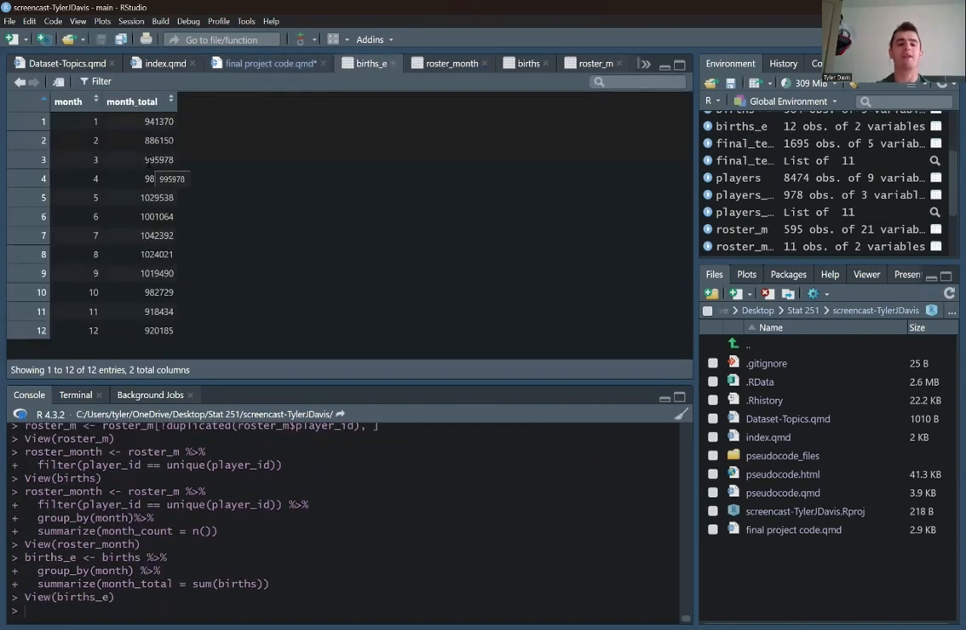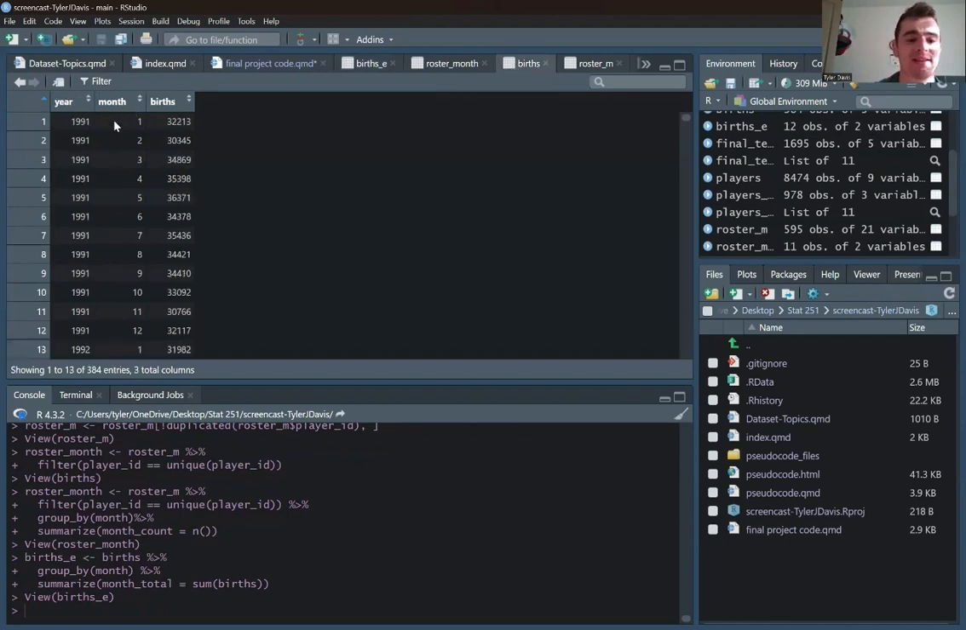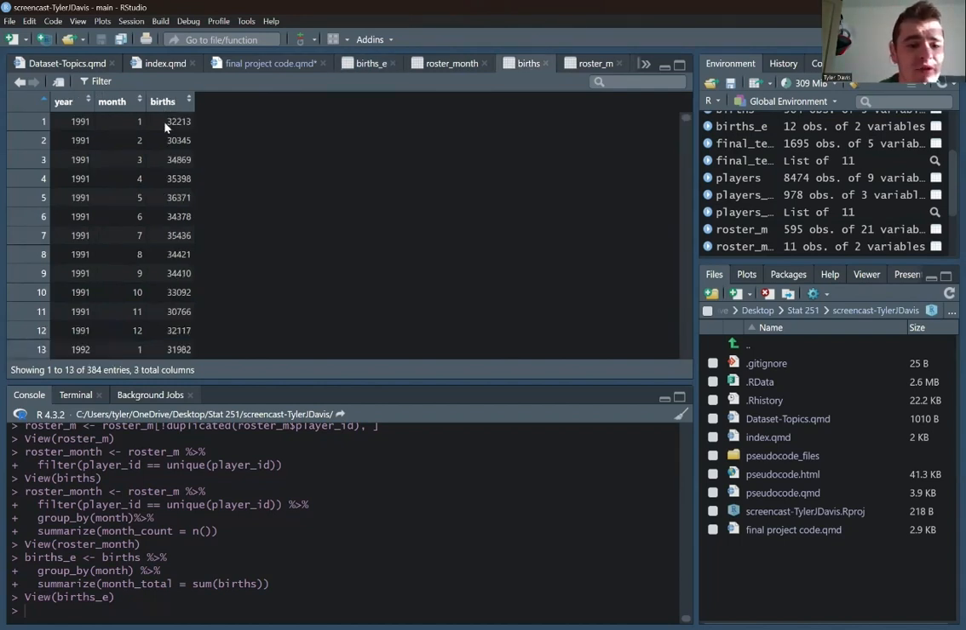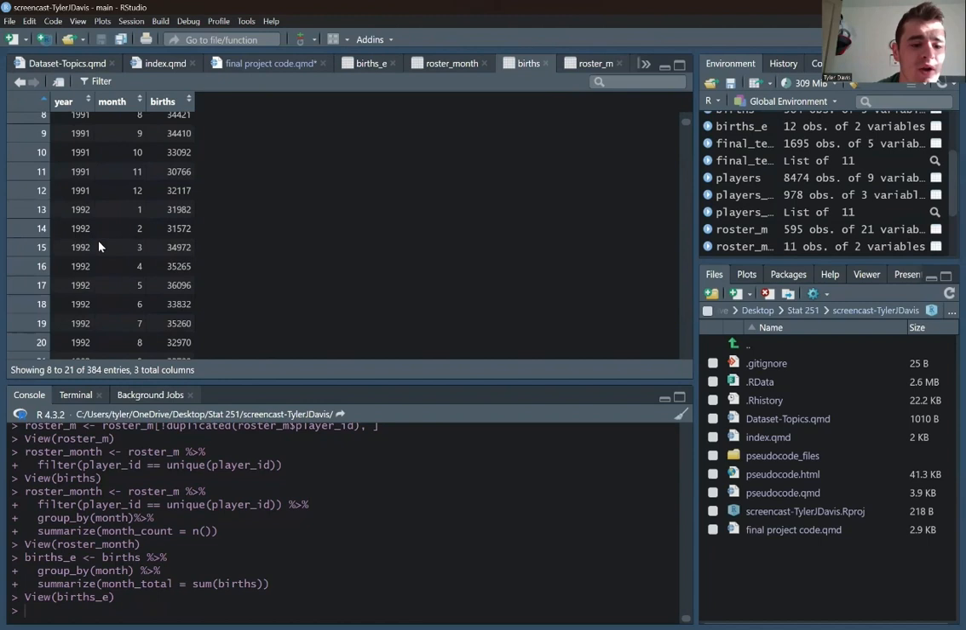Oh, so basically what this is doing is we have our births table. It's taking this month in 1991, in 1992, and we're adding all those up. So that's all we're doing. So when I go to birth E here, I have 94,000 births in January since 1991. That may seem unrealistic because I have 32,000 right here. But if I go to 1992,